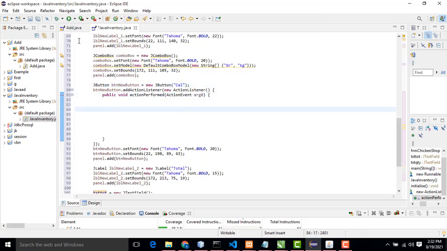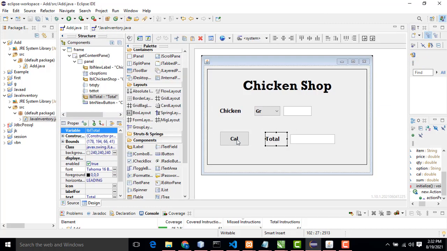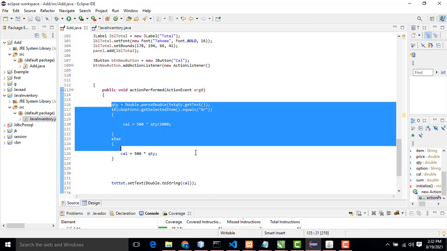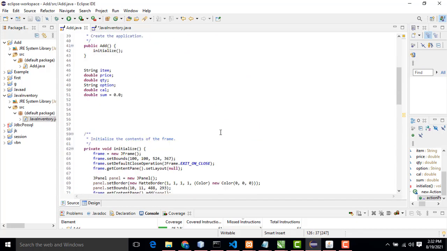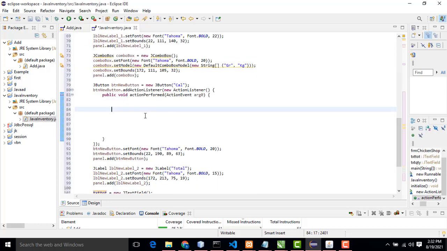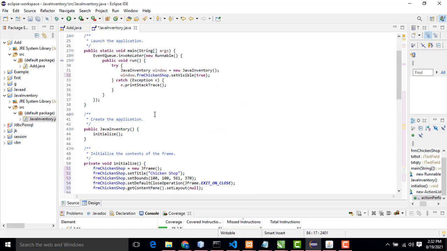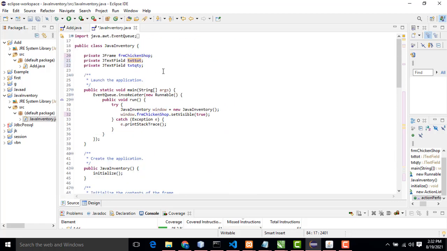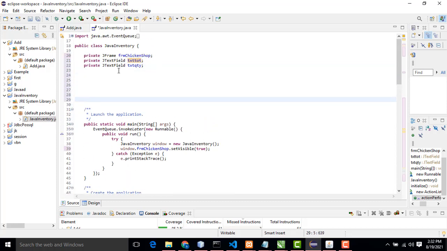Now here I am going to use the same code. I just get the code right here and paste it over here, under the class name.